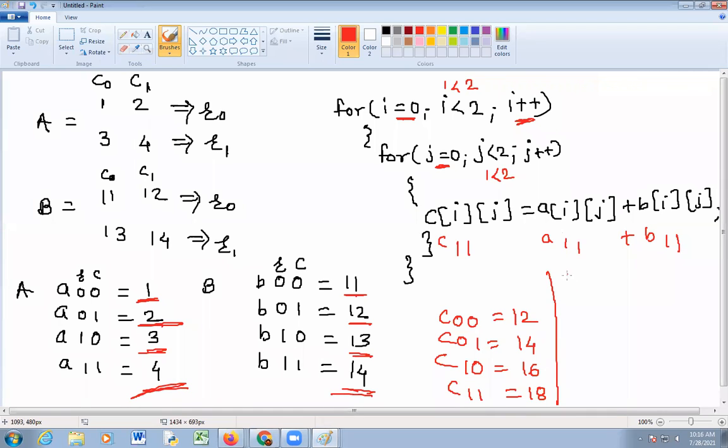That's why the code is written as for I equal to 0, I less than 2, I plus plus, then for j equal to 0, j less than 2, j plus plus, then printf percentage d space, complete bracket, double complete, comma C of I j.